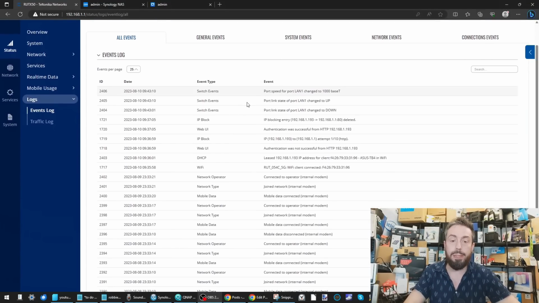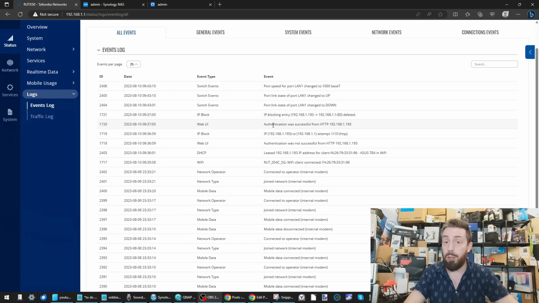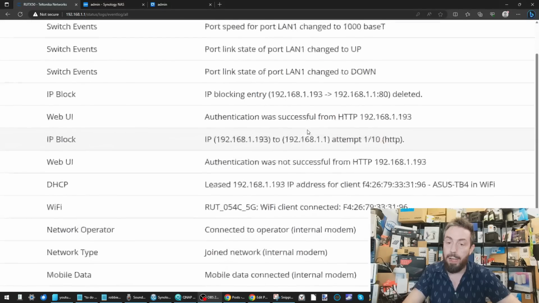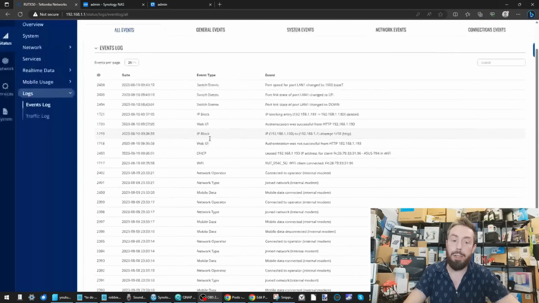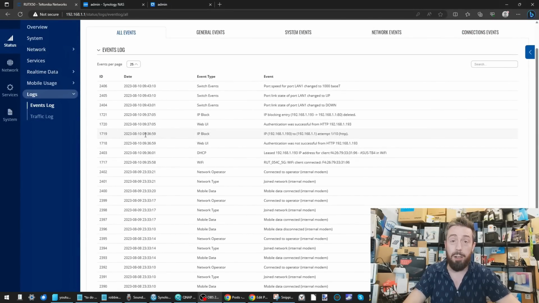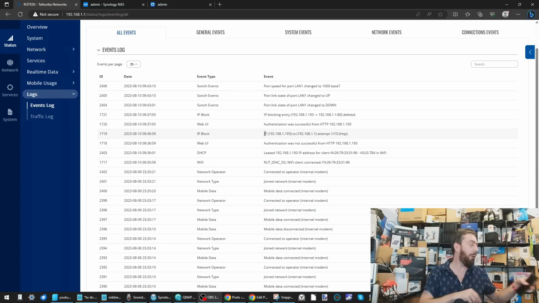Now, I think it's important. There's a couple of things that I did, and throughout the course of this, I did this with all three systems. I intentionally logged in with a poor password. What I mean by that is I put the wrong password credentials in, and as you can see, it did log the attempt. It logged the attempt earlier on the 10th, about an hour ago, just shy of an hour ago, where I did that, and that IP block. So the block was still in effect on that system. I've not turned my phone off, can you tell?